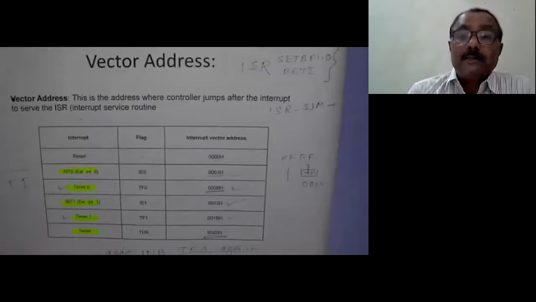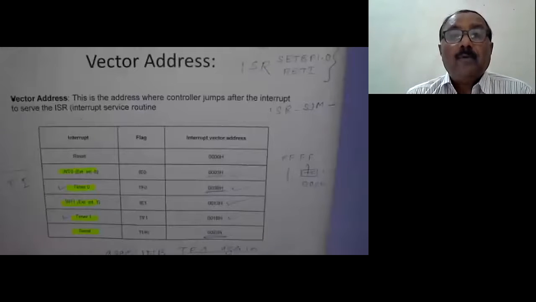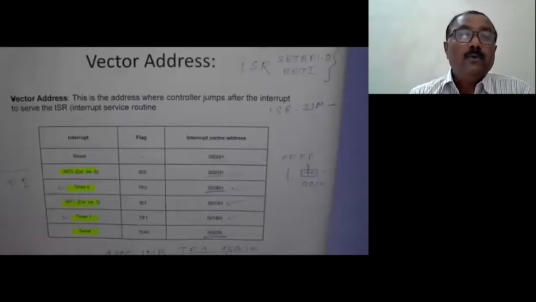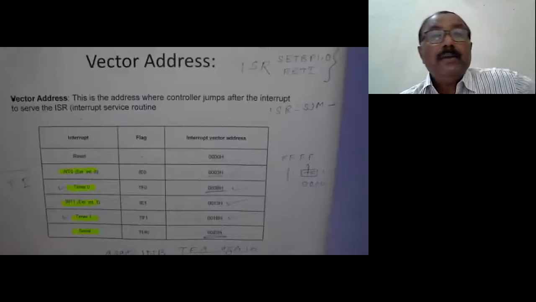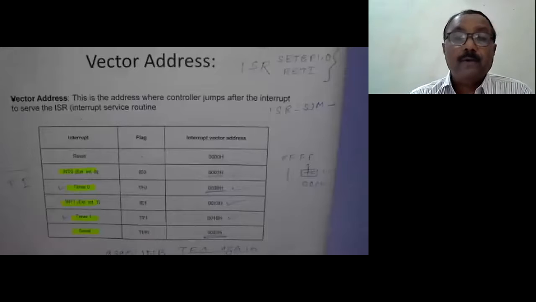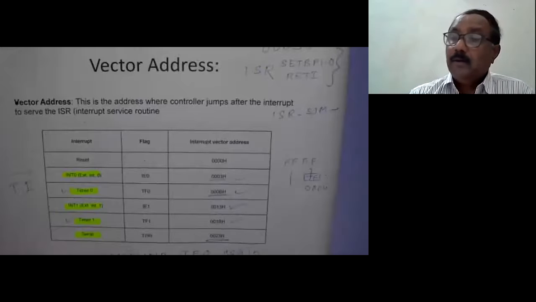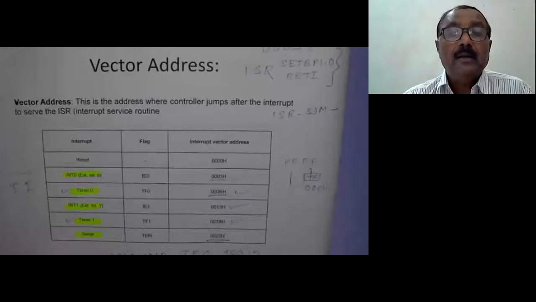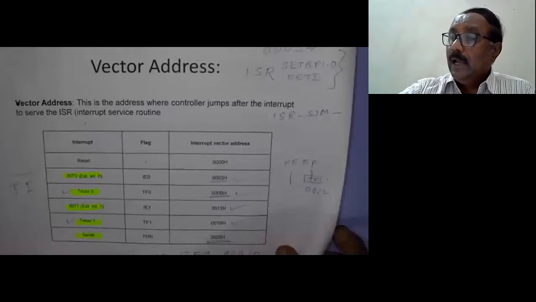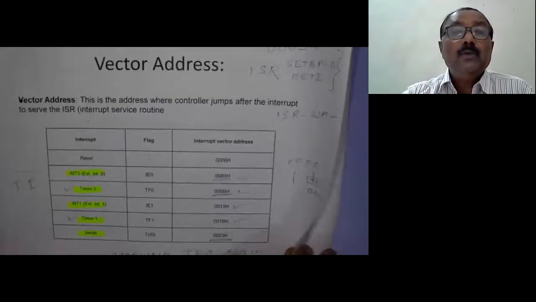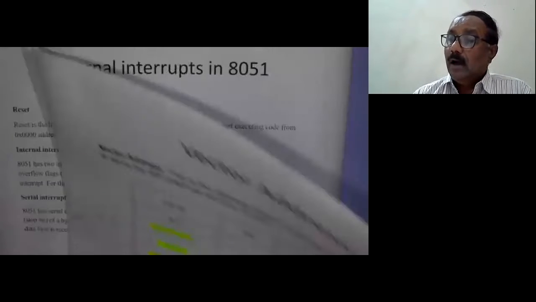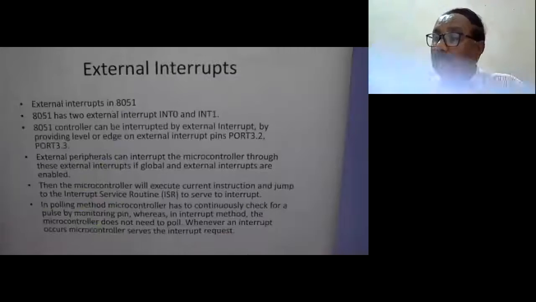Now next, suppose you are using an application on your mobile or cell phone. What do you have to do? You have to go to settings and set some sound, some picture quality, some location and other things. Like this, when you are using the interrupt facility of the 8051 microcontroller, you have to set something, and this setting can be done by using various special function registers.